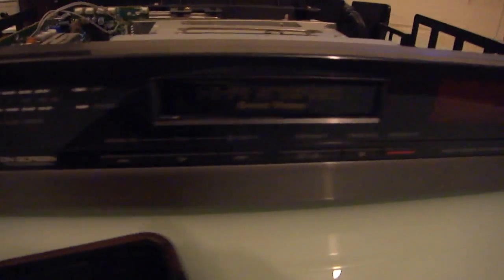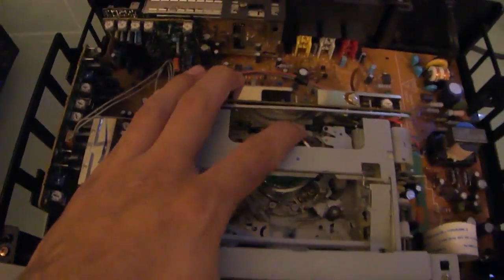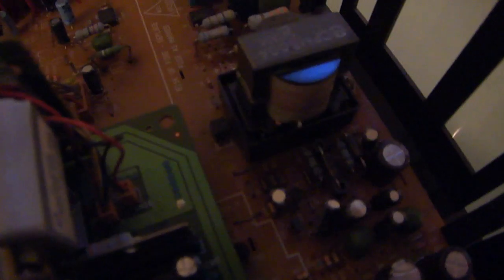And here we have a faulty player for 8mm cassettes. It is a Memorex. Whatever that's good for. To me, it's good for junk. These things really are cheap. It's nice and flimsy. It doesn't feel very substantial. It looks substantial on the inside. It doesn't look terribly cheap, but the magic smoke was forcibly removed from, let's see,